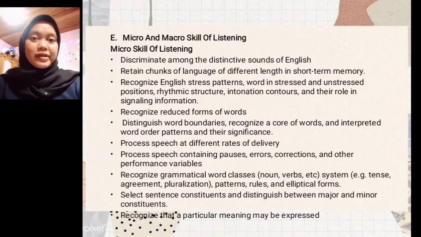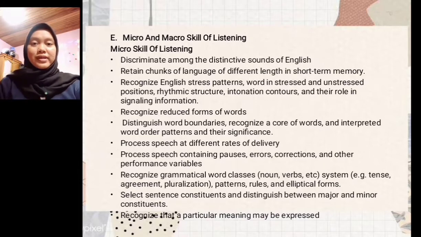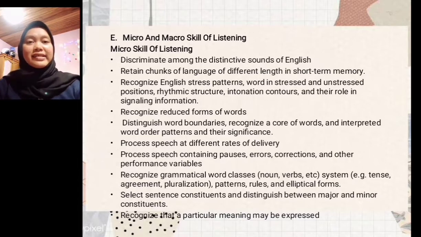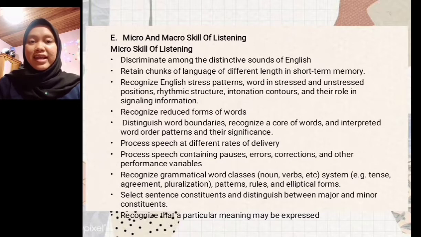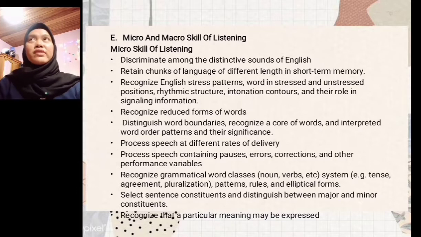I will explain about micro and macro scale of listening. In this part, listening has two scales, that is micro and macro scale. And the first one is, what is micro scale? Micro scale is the ability to recognize stressed sound, recognize unstressed sound, rhythmic structure, intonation contours, and signaling information,